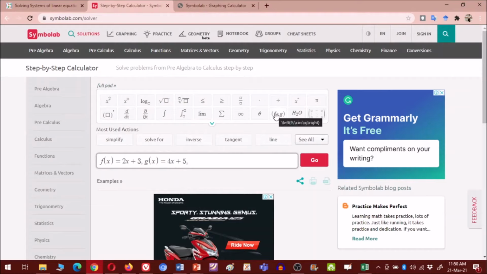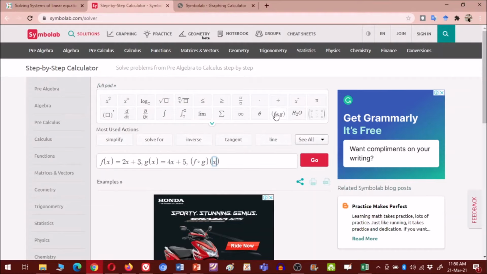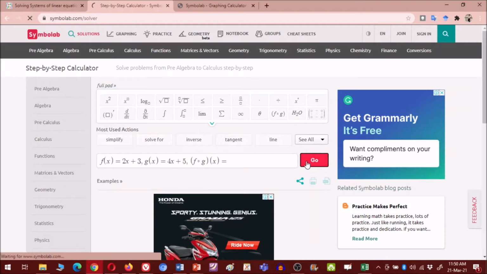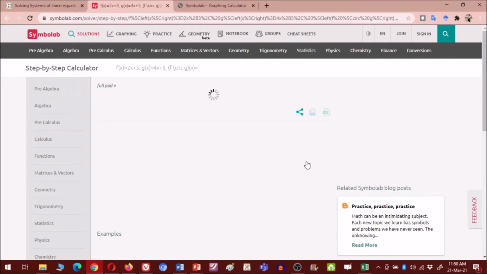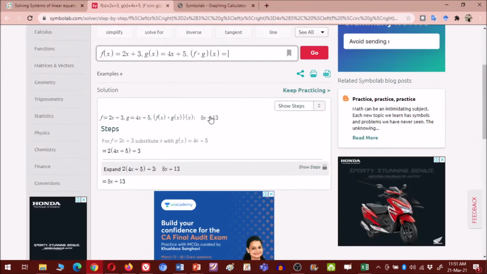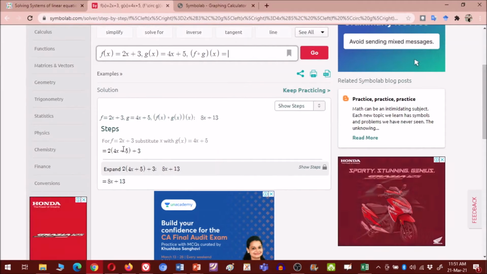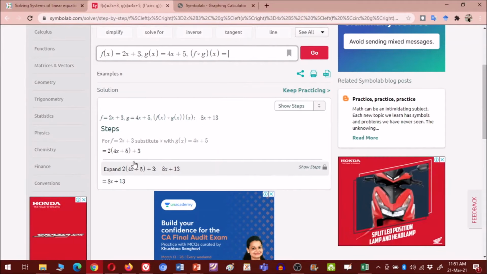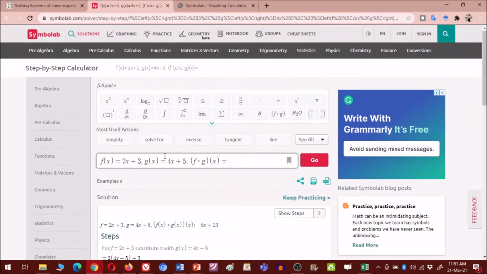For that they have given this function, f of g(x). When you click equal to, it will automatically give you the composition of the two functions f and g. As you can see, the composition of f and g is 8x plus 3, and they have given the steps also to get this solution.